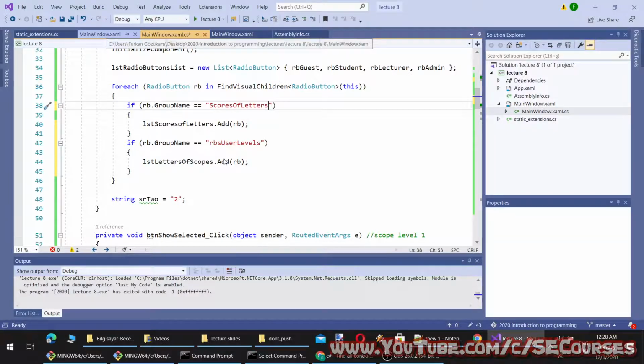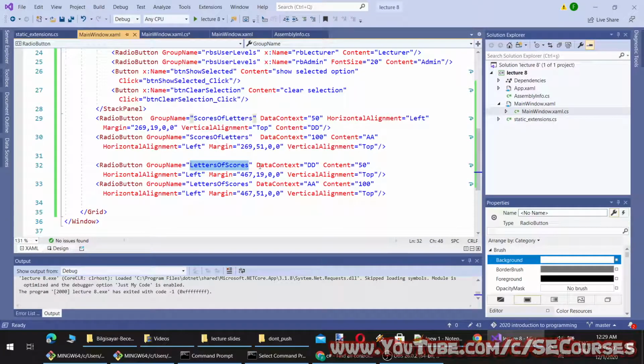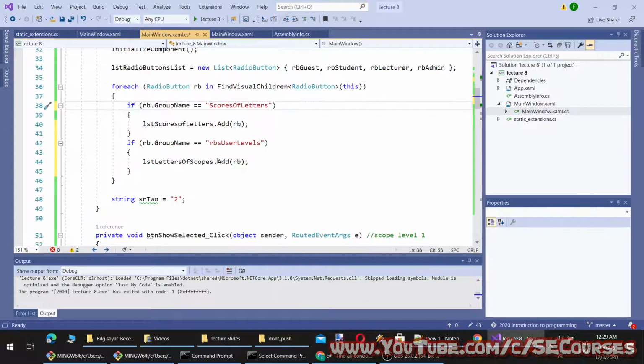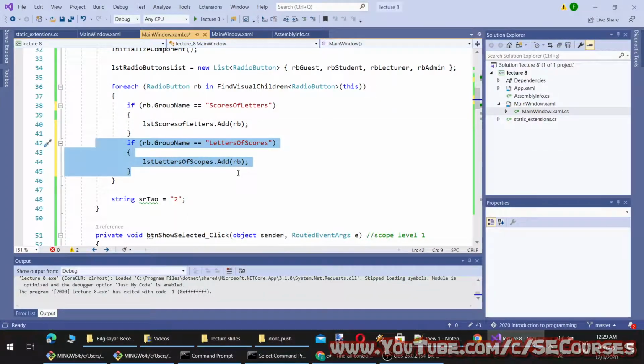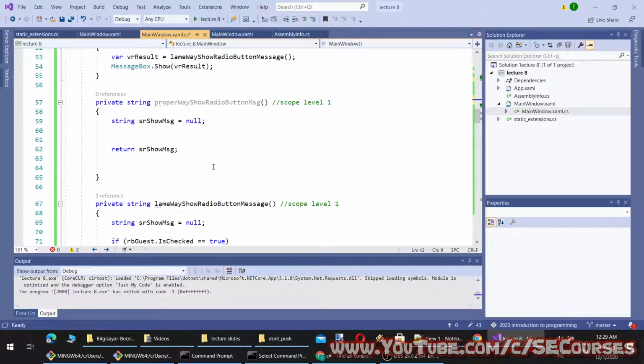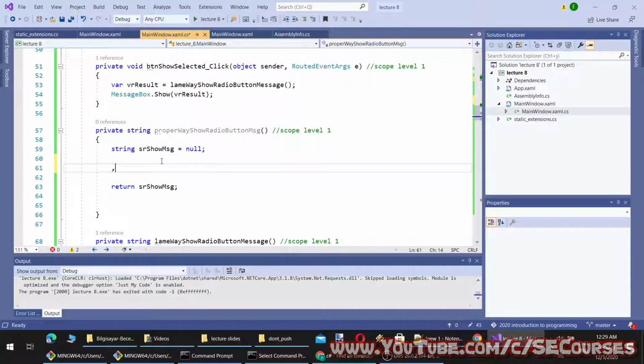And you see, I didn't give them any name to access the specific radio button. Therefore, I can generate hundreds of different radio buttons and add all of them at once to my list like this, and I will also read their values.